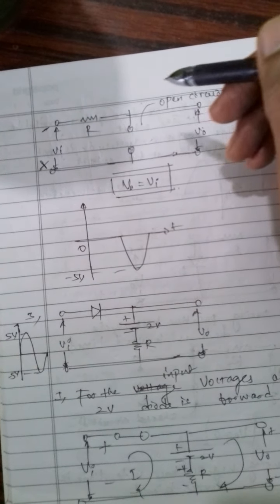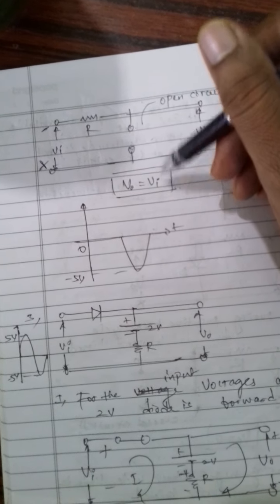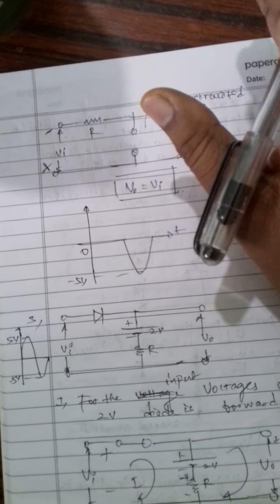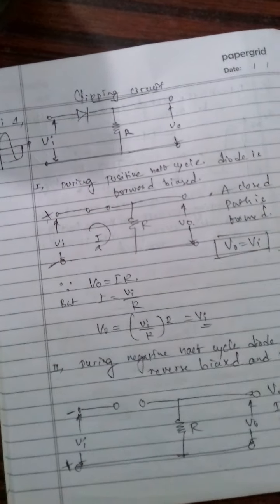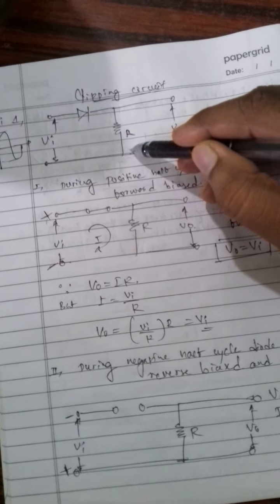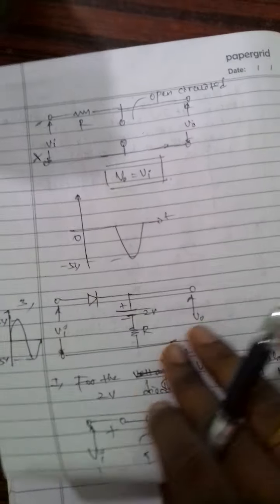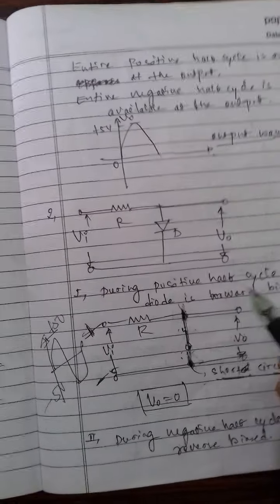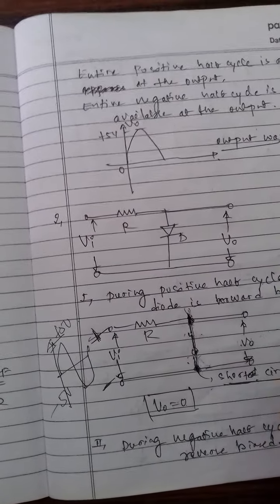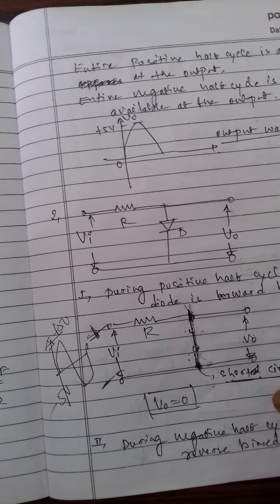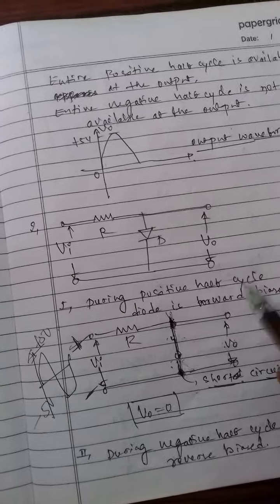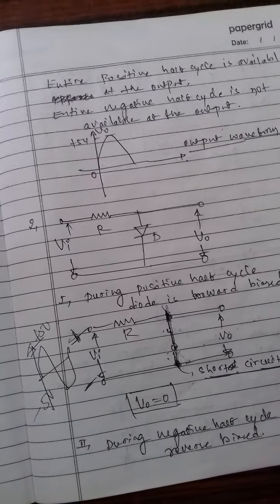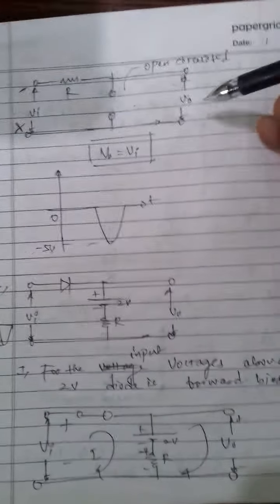Both of these are circuits. This one is a series clipping circuit, and how it works. And this one is a parallel clipping circuit, the basic parallel clipping circuit, and how that parallel clipping circuit works, that is for here. For these clipping circuits,